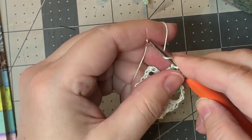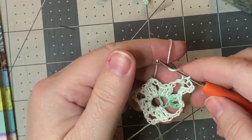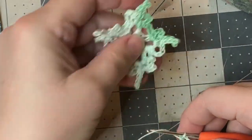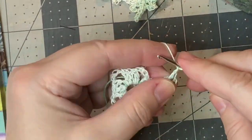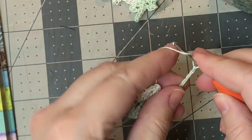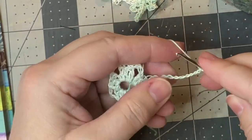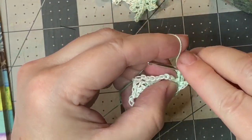Now we're going to do the long one, which in her pattern she says chain 6 or 8. I did 8 in this one, so it's up to you how long you want to make it. I think it looks good with 8, so I'm going to stick with that. So 1, 2, 3, 4, 5, 6, 7, 8, and then we do single crochet again to attach it to the ring,